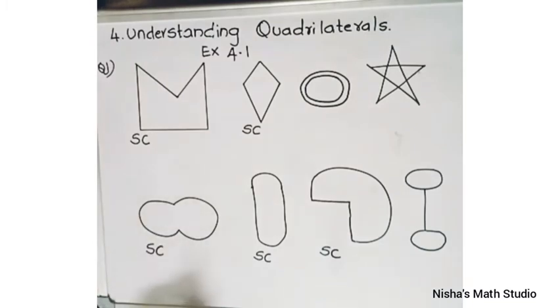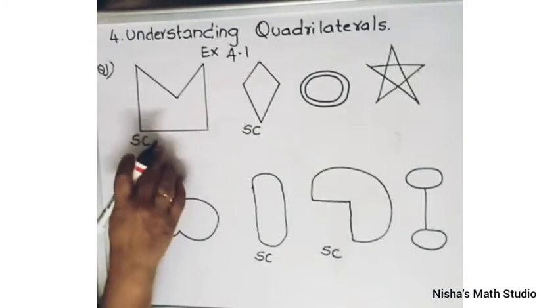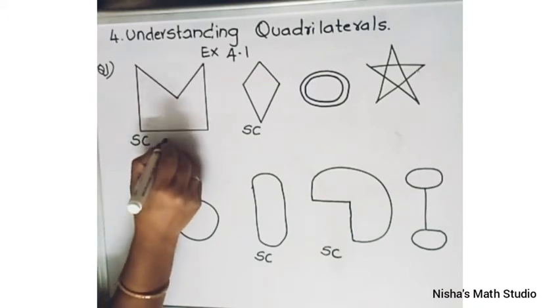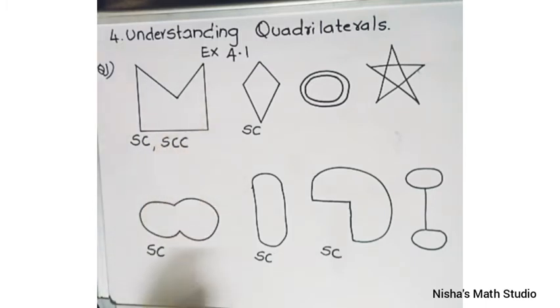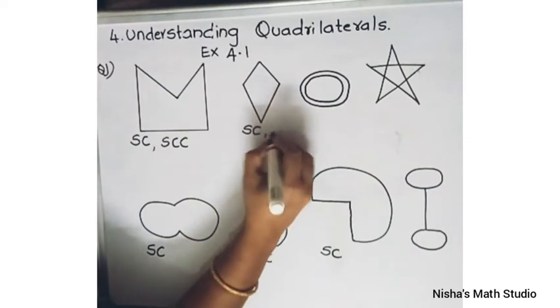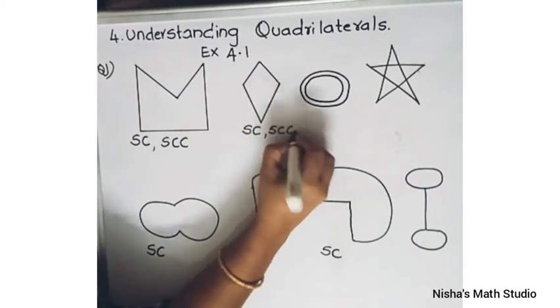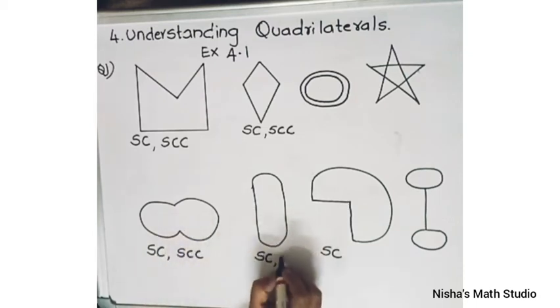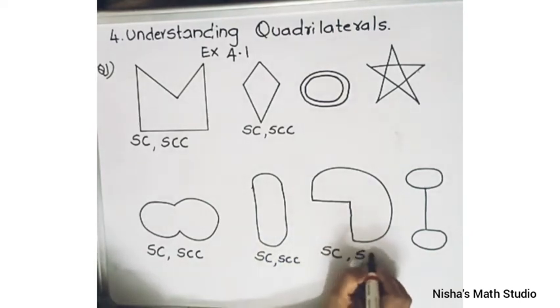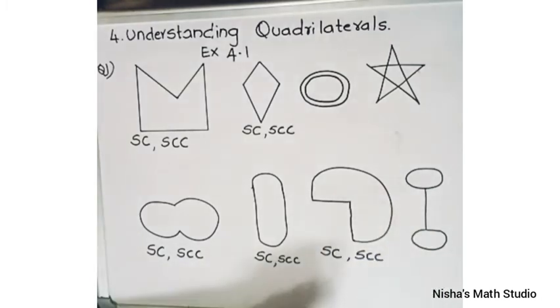Next one was to classify it as simple closed curve. So this is a simple curve. It is also closed. So it is a simple closed curve. I will write it as SCC, simple closed curve. This is also a simple closed curve. These two are not simple at all, so there is no question of seeing whether they are closed. This is also a simple closed curve. What about this? This is also a simple closed curve, and this diagram is also a simple closed curve. This is not simple at all, so we are not going to see whether it is a simple closed curve.